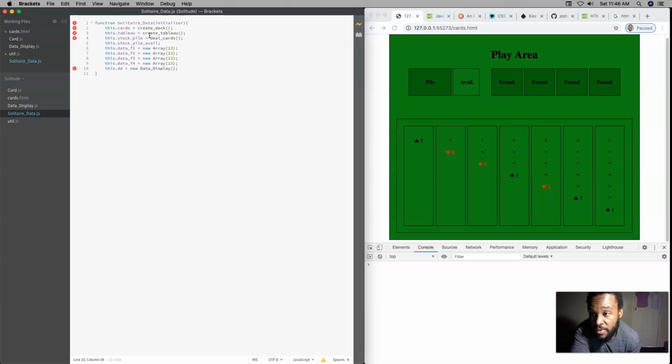One way I could do that is to encapsulate this into an initialized function, which might actually be the better way to do this. To simply